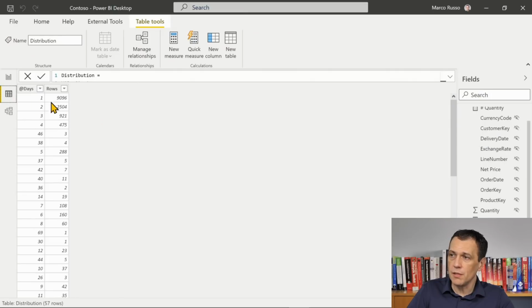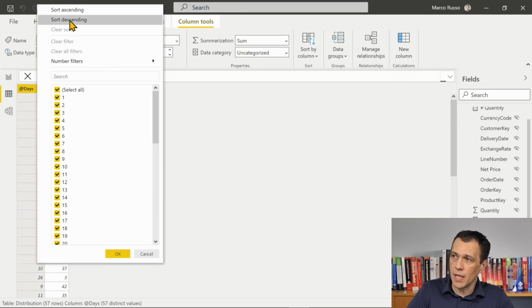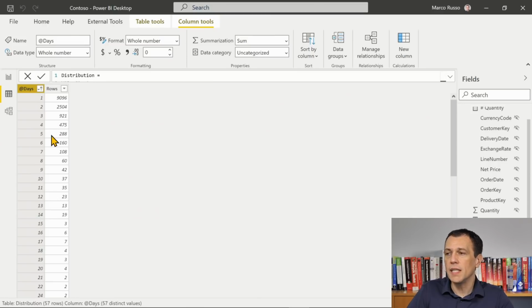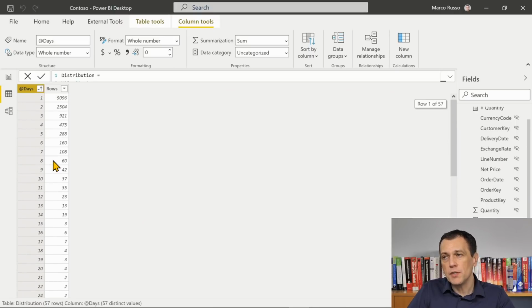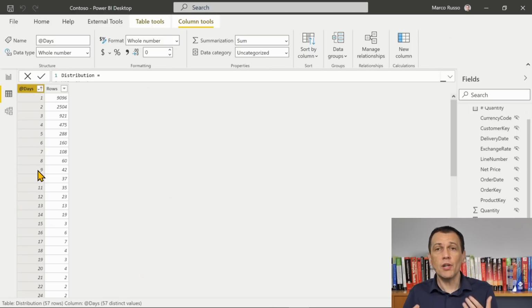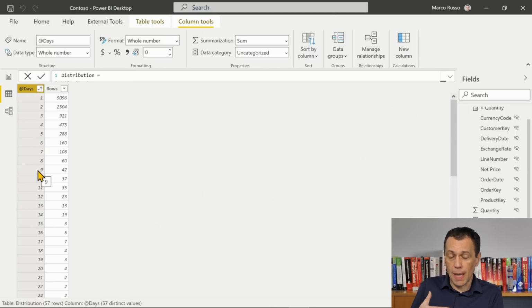So, for example, if I go here and I sort this column in an ascending way, you can see that here we have missing numbers. We have 50, 52, 54, 56, 59, 60. You see, we are missing 51, 53, 55. And depending on the visualization, this could be a good idea or not. Moreover, this works because I obtained the column, but if I want to move this into a measure and create something completely dynamic, even though it would be slower, I know that I have to do something better. So